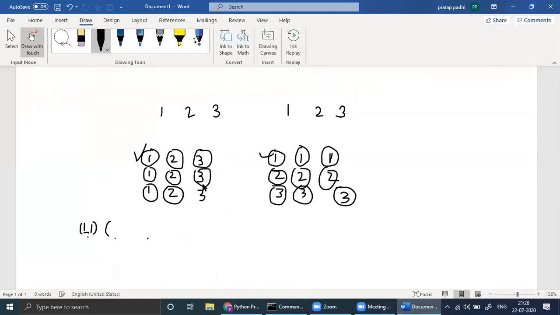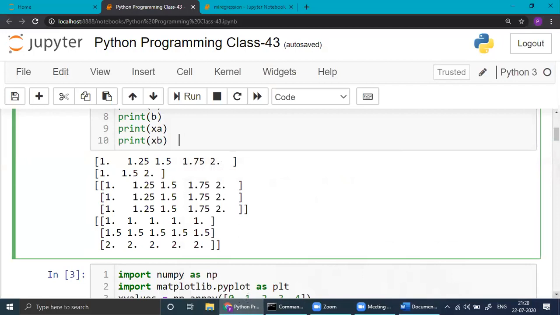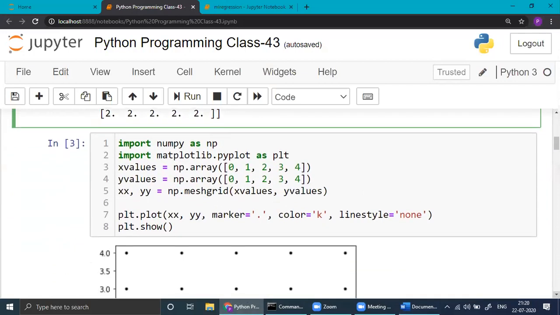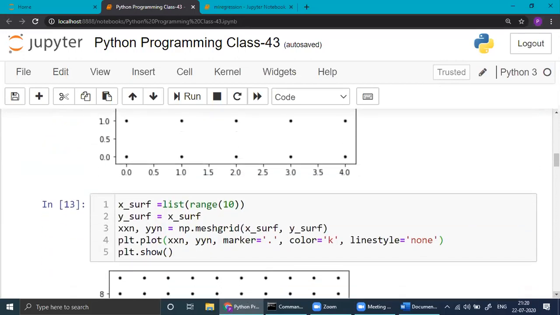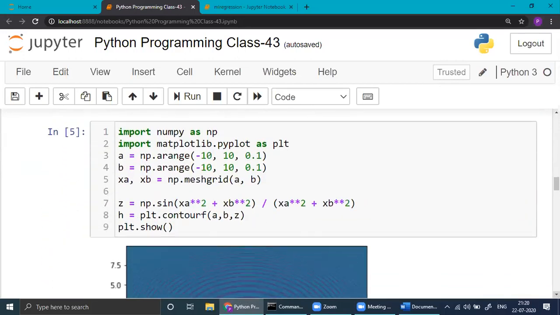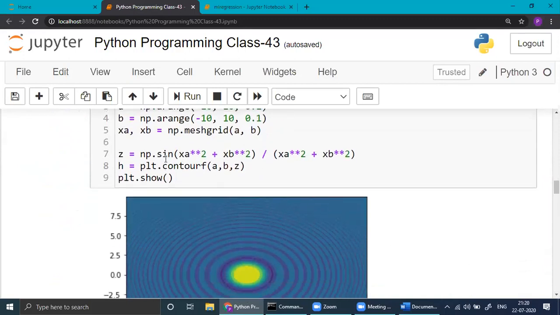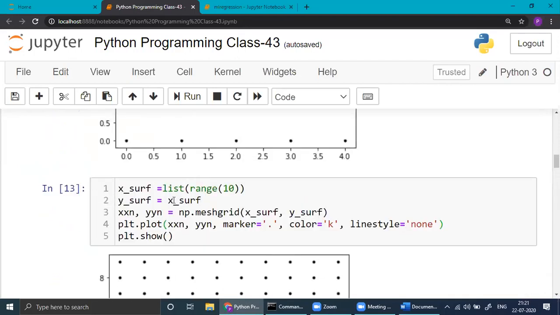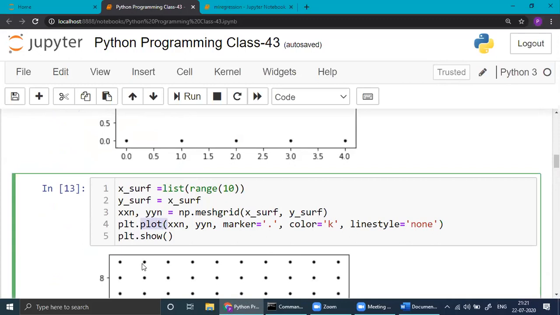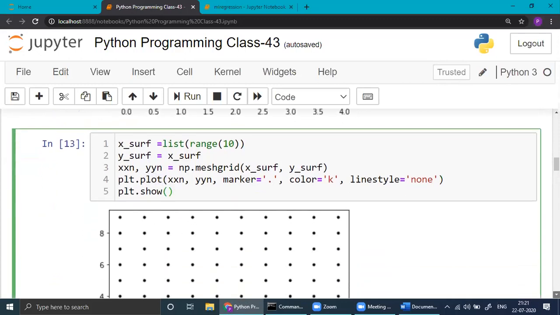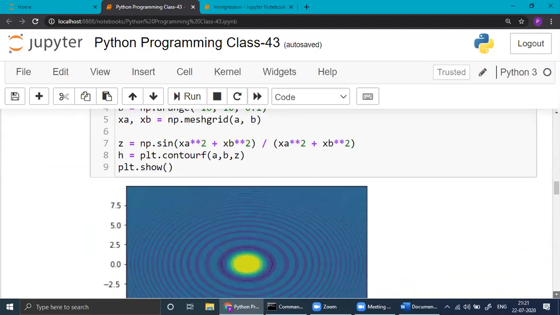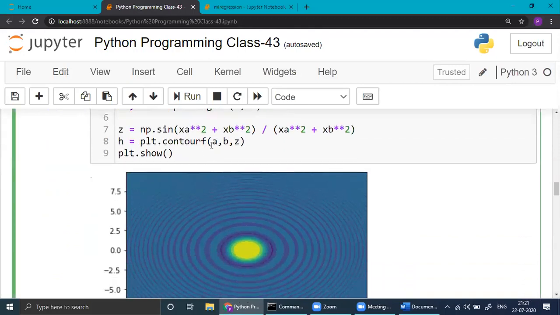So here, this one is a 2D array. This one is a 2D array. That's how. Okay, so that's over. Now you have to write contour here instead of plot. See, plotting was not there. Here we used plot to plot these points, but here you have to use this function. Okay, now what will happen for all